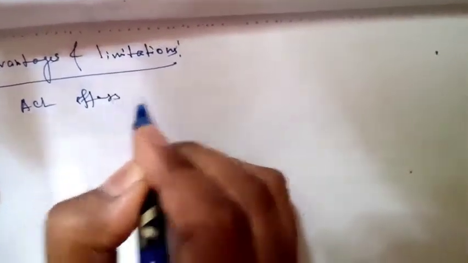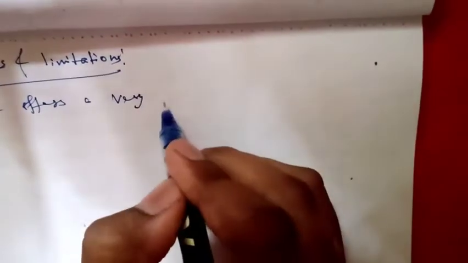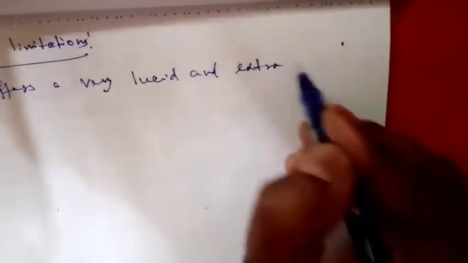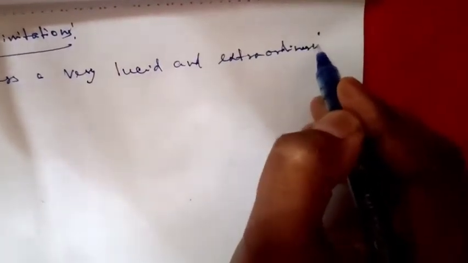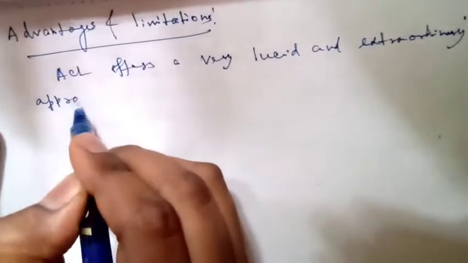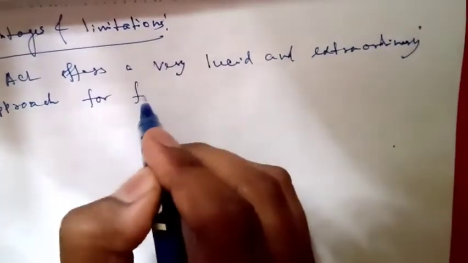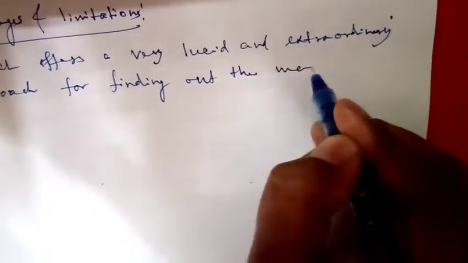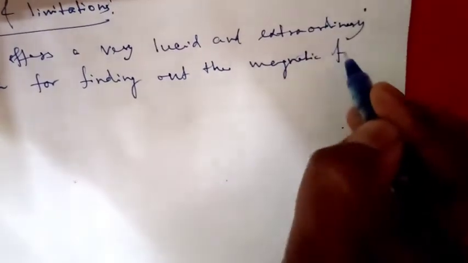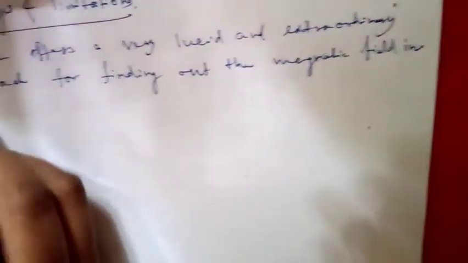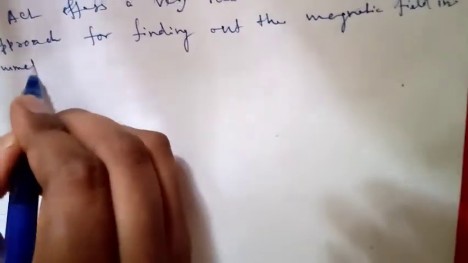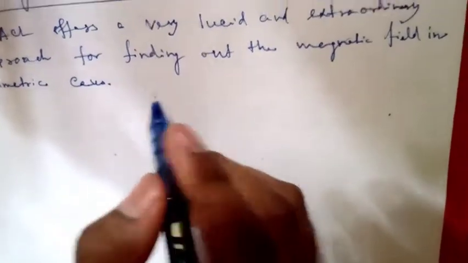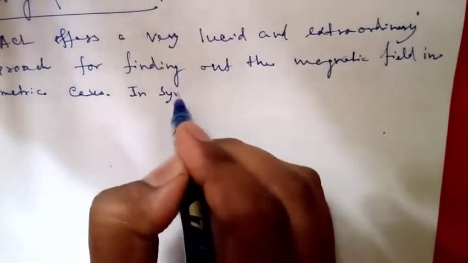ACL offers a very lucid and extraordinary approach for finding out the magnetic field in symmetric cases. In symmetric cases means